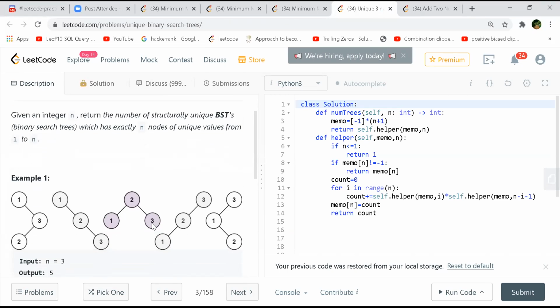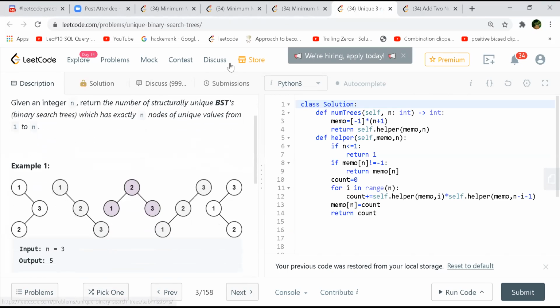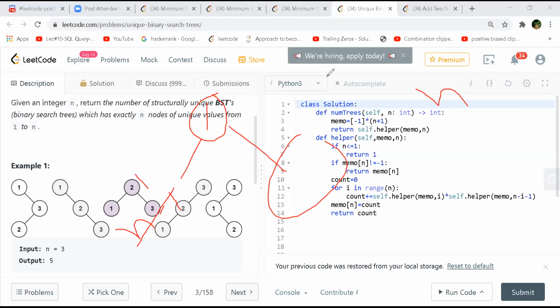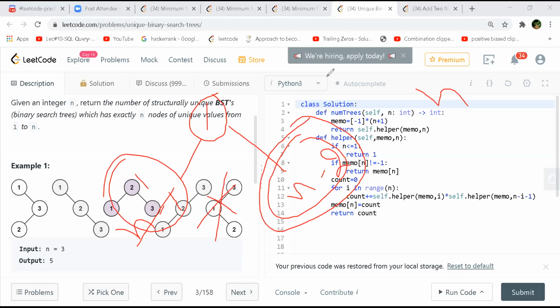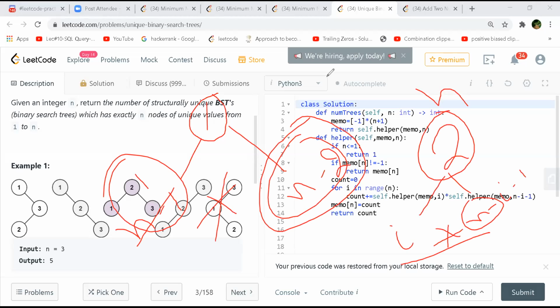Yeah, so this is more of a Catalan number approach, right? Like you go through each of the 1, 2, 3. Every time, let's say, first time I made one the root. So out of n nodes, one node is consumed here, so n minus one will be left. I mean, one node you will fix on this, and the rest, n minus two nodes, will be left on the right side. So whatever combinations we can obtain from here, we multiply them and do it for every time. Now, if you make two a node, then I will go here and one will be left. Again, multiply all the possible combinations and add them, keep on adding, isn't it?